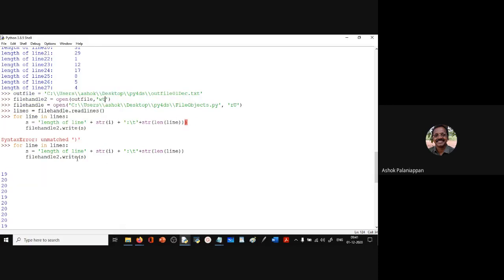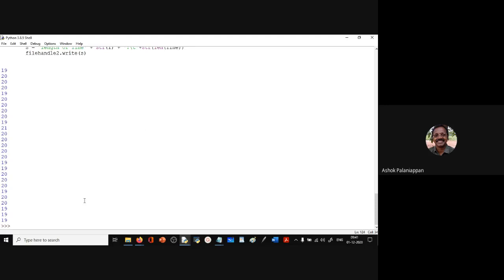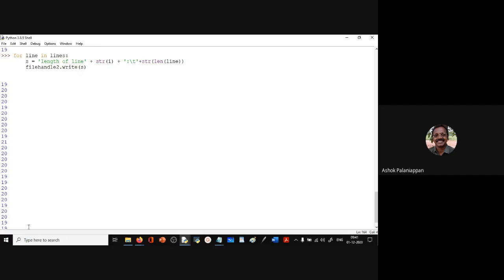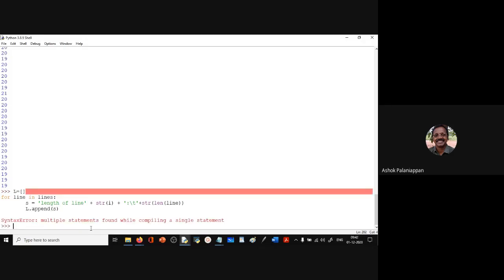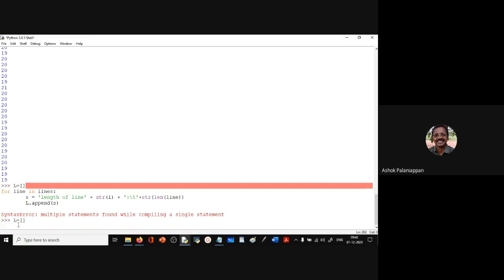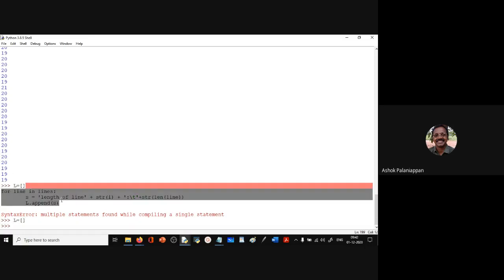Now, instead of using write, let's illustrate the use of the writelines method. How do we use writelines? What I first need to say is, let's say L is equal to an empty list. And I'll first say L.append of this. Let's say L is equal to an empty list, and